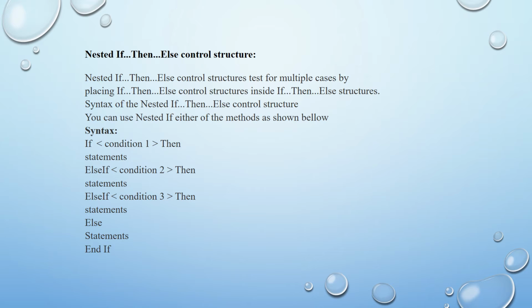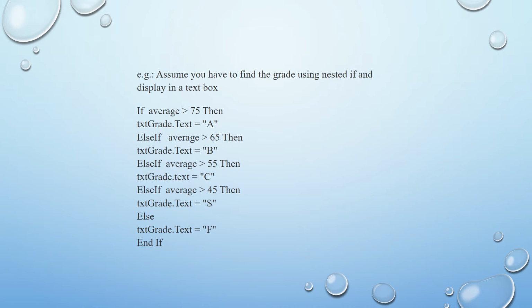Now the syntax of the nested If Then Else control structure is: If condition 1 Then statements, ElseIf condition 2 Then statements, ElseIf condition 3 Then condition 3 statements, Else statements, End If. Now next example: If average > 75 Then txt_grade.text = "A"